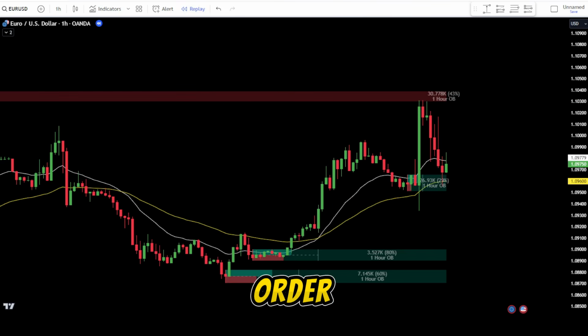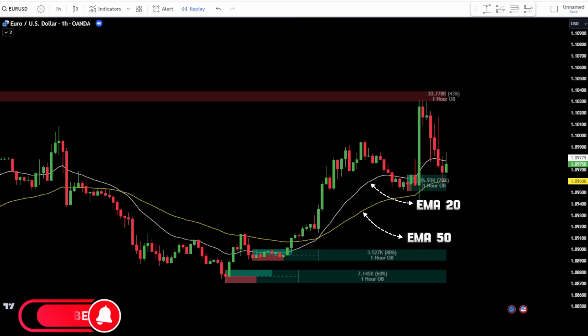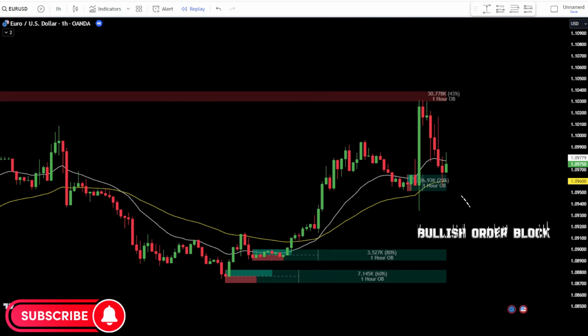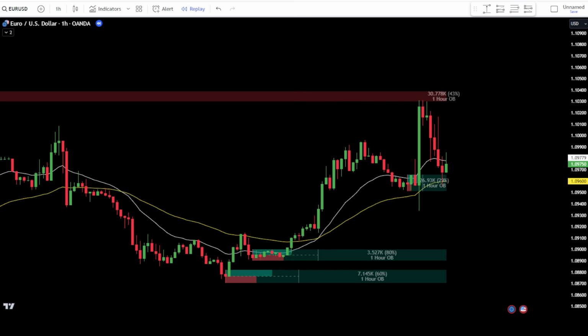How to place a buy order. 1. If the 20 EMA crosses above or is above the 50 EMA, it indicates a bullish trend. 2. Wait for the volumetric order block indicator to display the bullish order block area. 3. Subsequently, wait until the candlestick price returns to the bullish order block area. 4. Once the candlestick price has returned to the bullish order block area, ensure that a bullish engulfing candlestick is